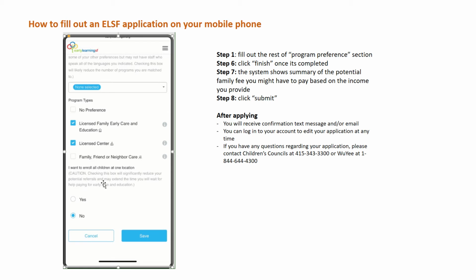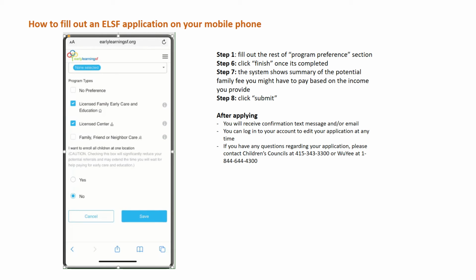Down below, there is a question that asks if you want to enroll all children at one location. This is only applicable to families who are looking for childcare for more than one child. Please click that applies and then save. Once you're done,